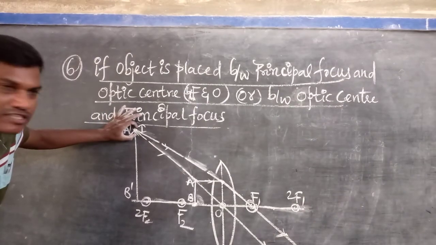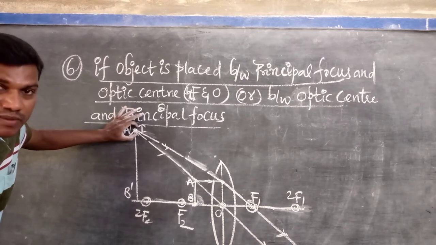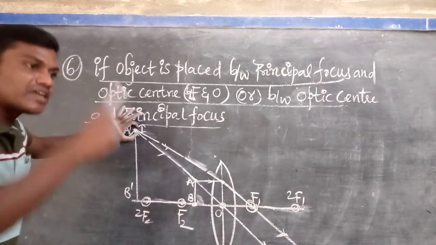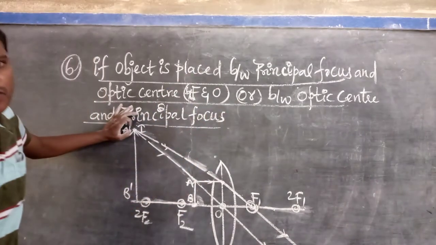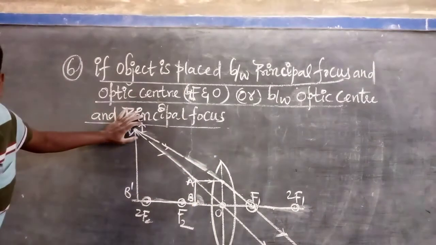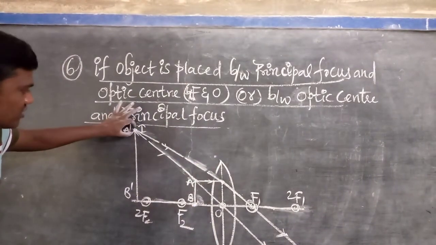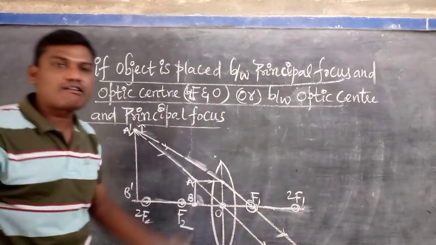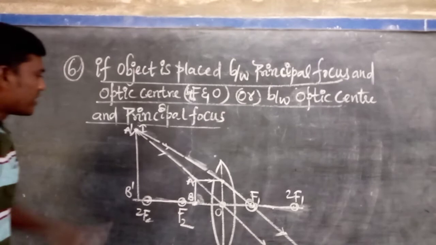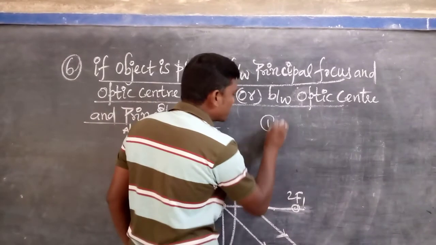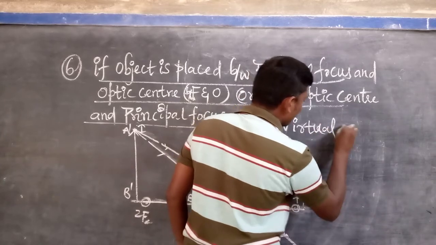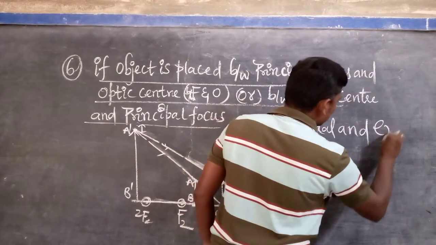That's why, which image will be formed? Virtual image. Listen very carefully. After the refraction or reflection, if the two rays really meet, a real image will be formed; if they only appear to meet at another point, a virtual image will be formed there, because a virtual image cannot be caught or obtained on the screen. That's why, which image will be formed here? It is very important: virtual and erect.